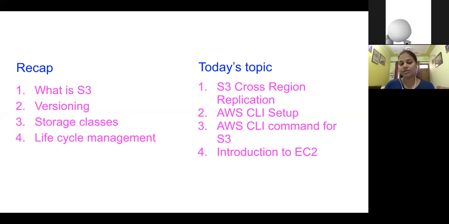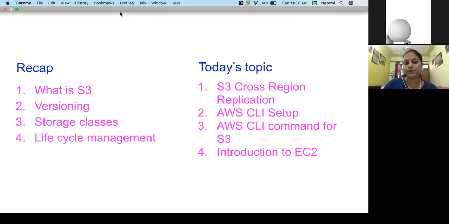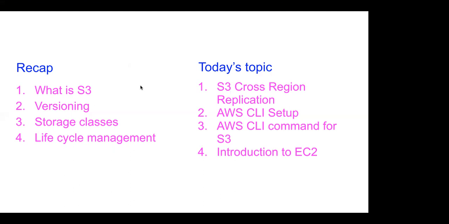One more advantage of versioning which we studied in our last session was that if you happen to delete something from S3 accidentally, and if versioning is enabled, you can always restore it. We did one example, and it is very similar to how it happens on your system: whenever you create a file, save it and delete it, it goes to the recycle bin, right? Now, when you restore it from the recycle bin, it comes back to your original location. So similarly on S3, if you want similar functionality, you can enable versioning.